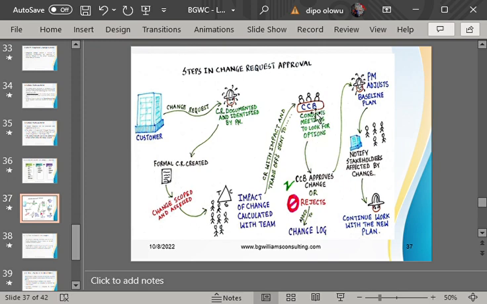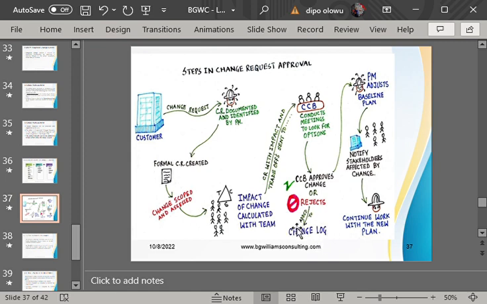So the top ogas will now sit down and they can either approve the change request, you can see, and say, okay, go ahead, project manager, approve, we'll provide you the extra money. And we extend the project by an extra 3 weeks. Or they reject because they don't have the money or they don't have the time. So these two things can happen. And when this happens, you must go back to that change log and document it and update it and say, that change request that the customer brought, this is the decision.